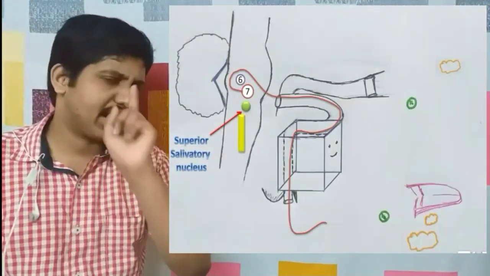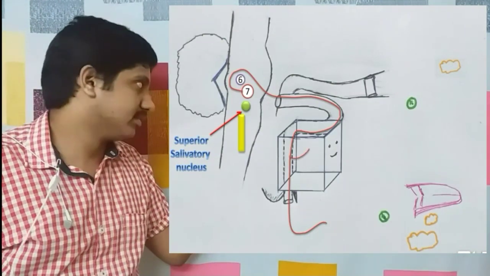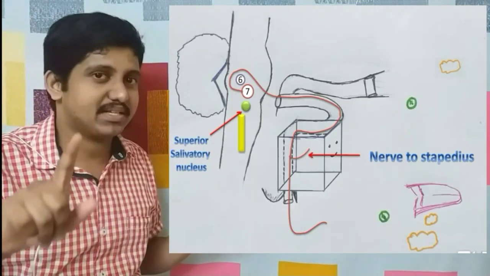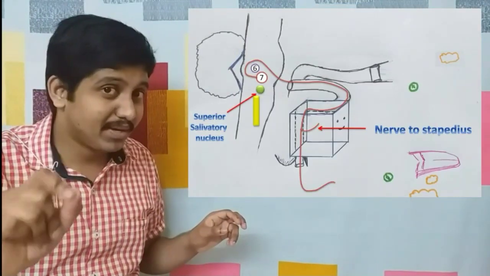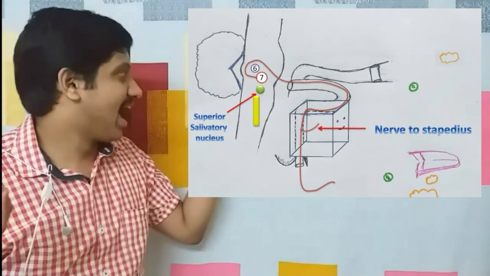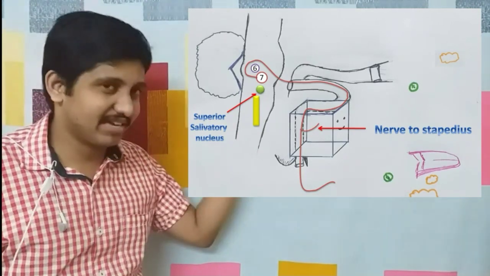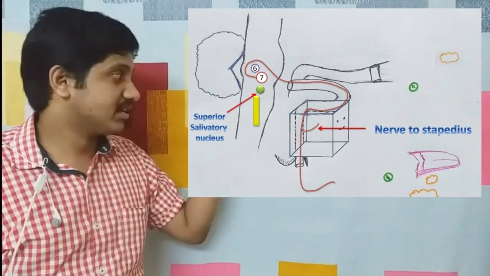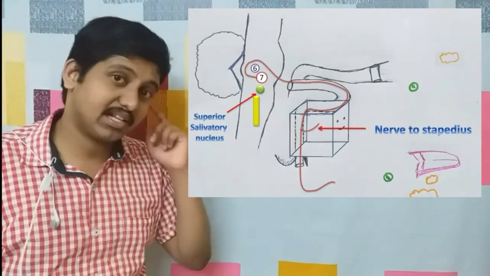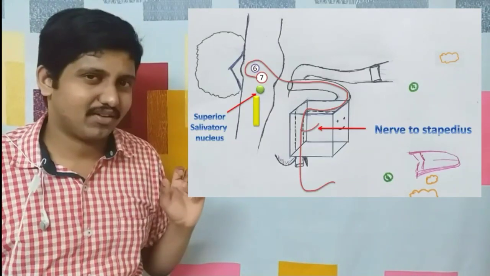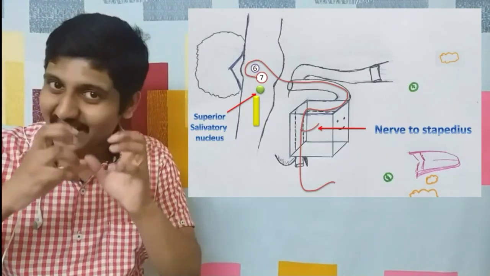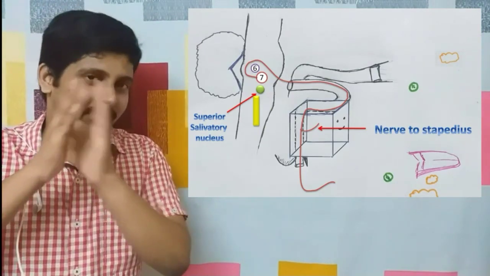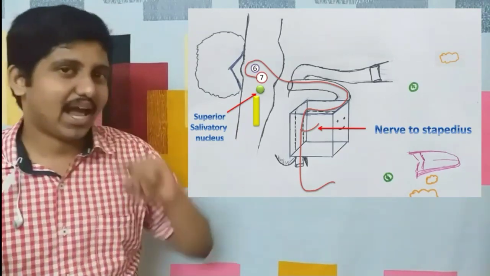Now let's go to the branches of this motor nerve. The first branch is within the middle ear. As you know, the middle ear consists of 3 ear ossicles, and one of them is the stapes, and there is a muscle associated with the stapes called the stapedius. The nerve to stapedius is the first branch of the facial nerve, so it is very important. It innervates the stapedius muscle of the middle ear. What does the stapedius muscle do? It regulates the movements of these ear ossicles. That's all. This is very important in the clinical aspect, and I will mention it later.